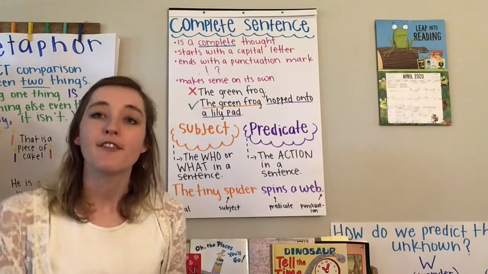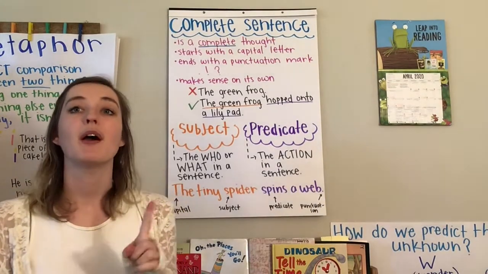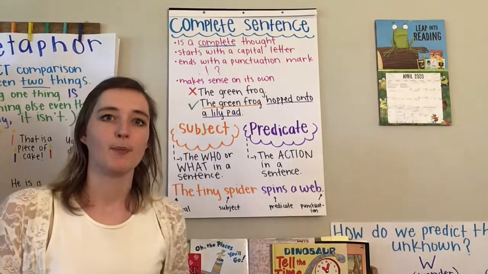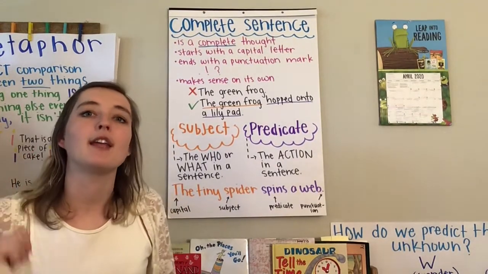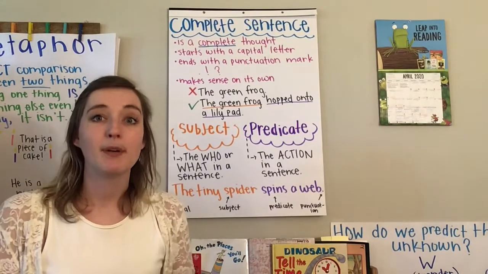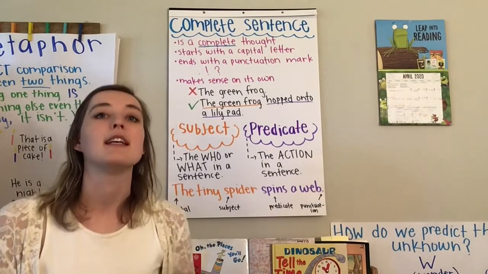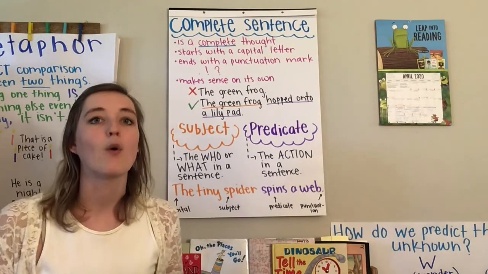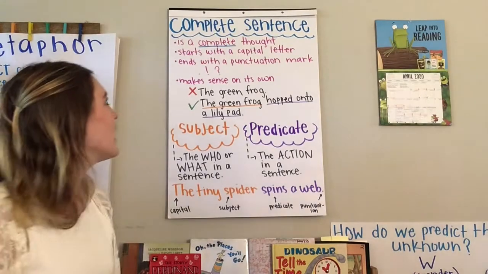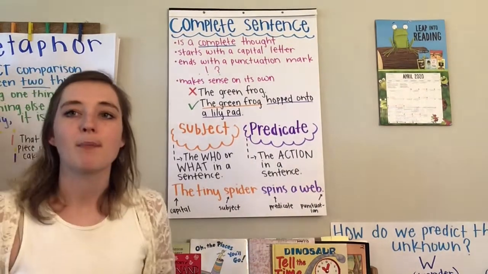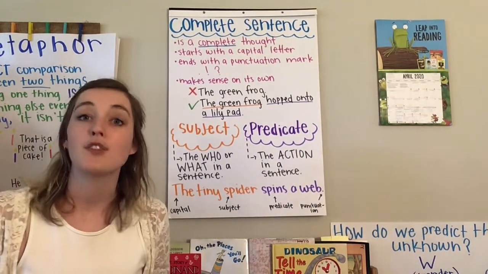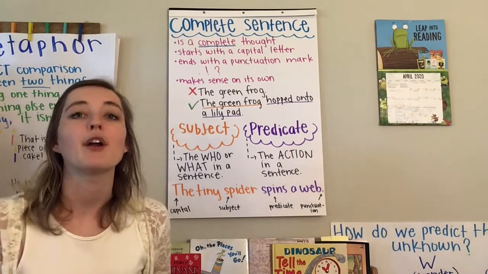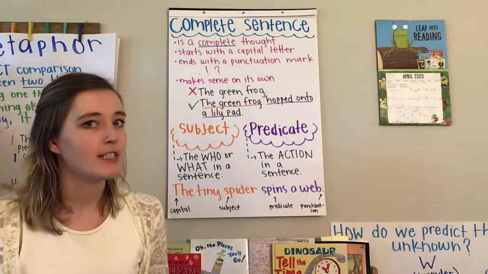Alright, so we are going to define what a complete sentence is. Number one, a complete sentence is a complete thought. So, you need to think something in your head and you either write it down, type it, or say it. It is a complete thought that you think and then express in either writing or speech. Okay? And number two, it starts with a capital letter. Every single sentence starts with a capital letter, meaning that the first letter in the first word always has to be capitalized every single time.